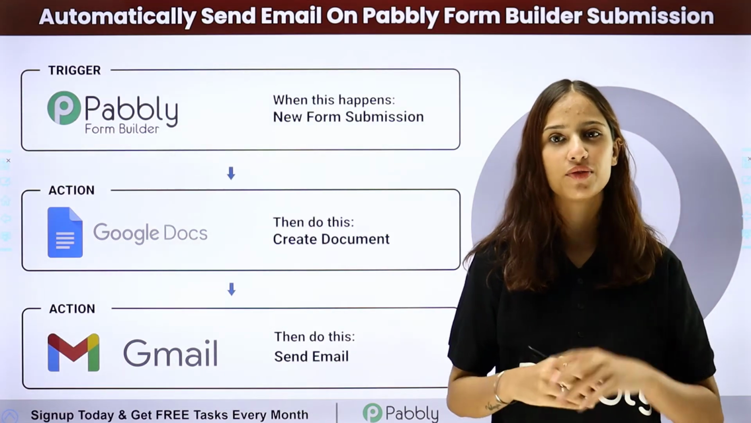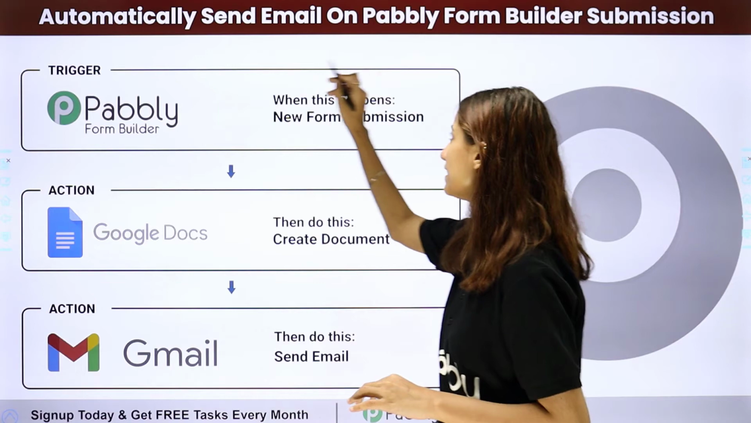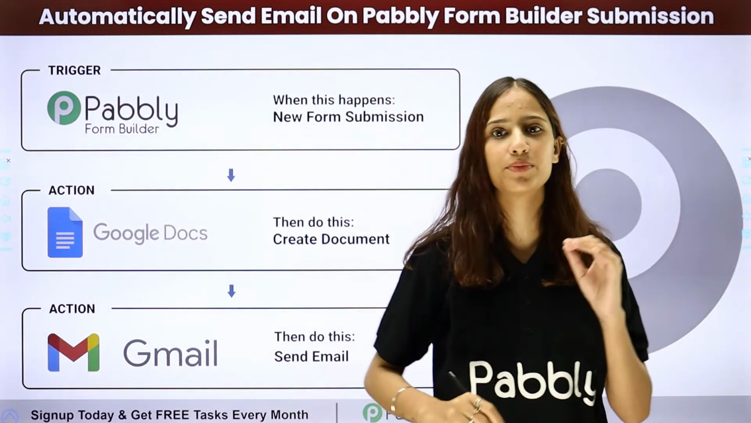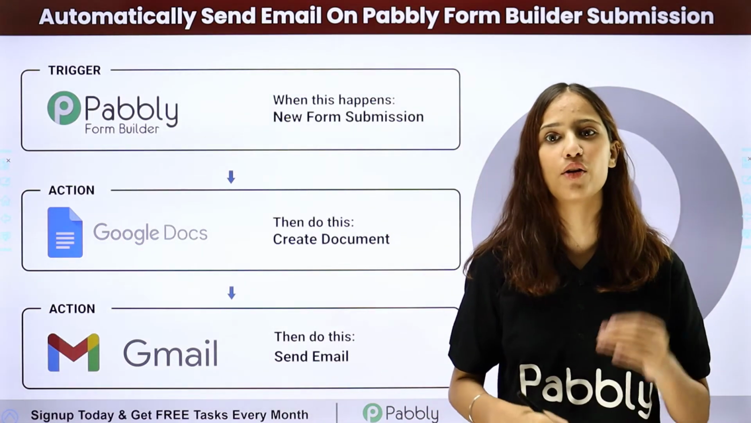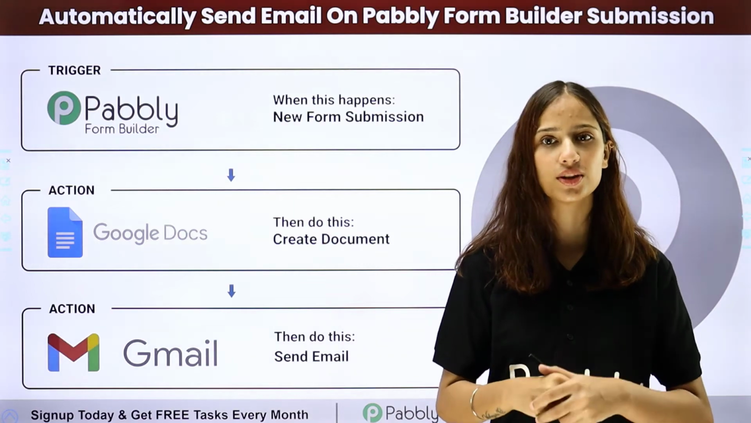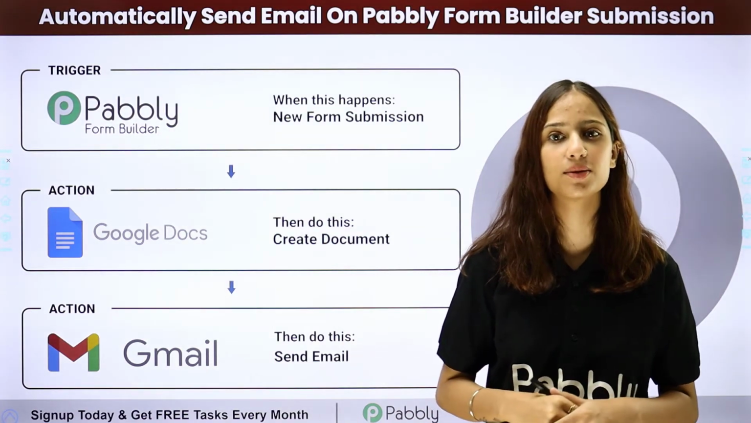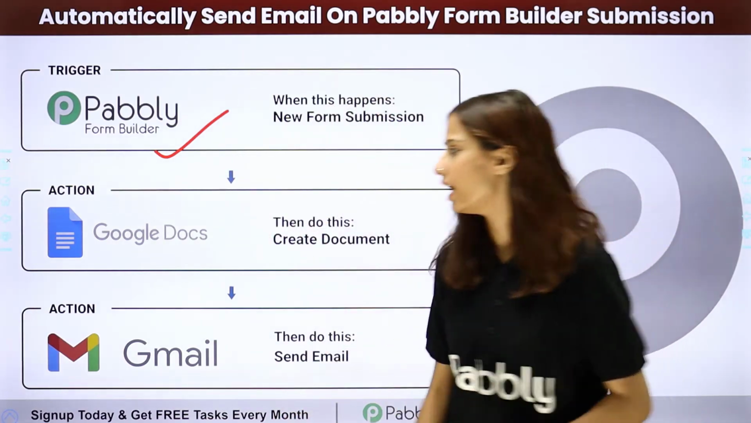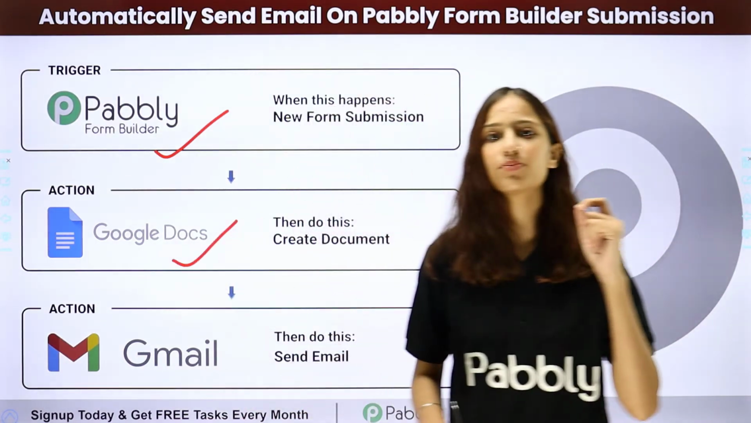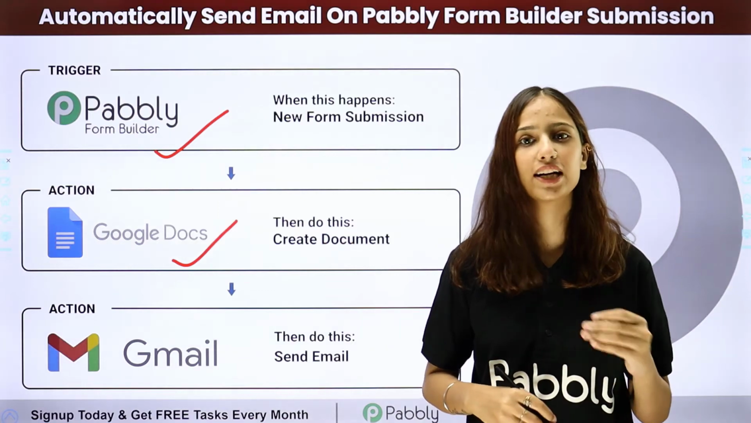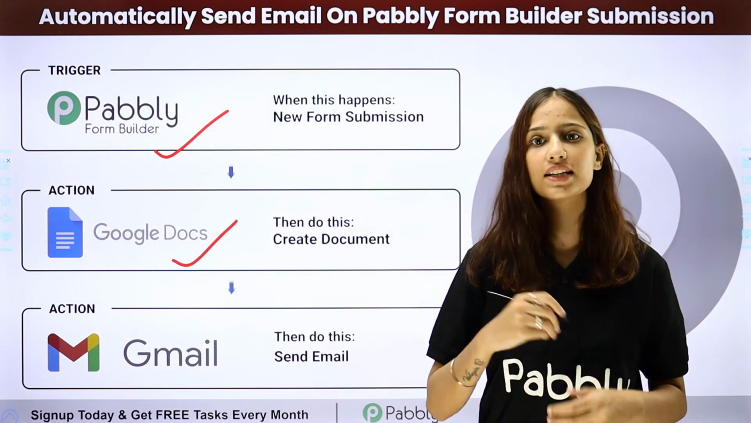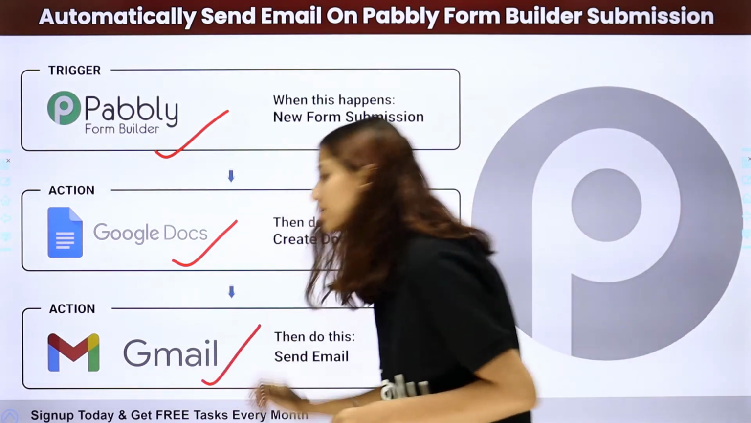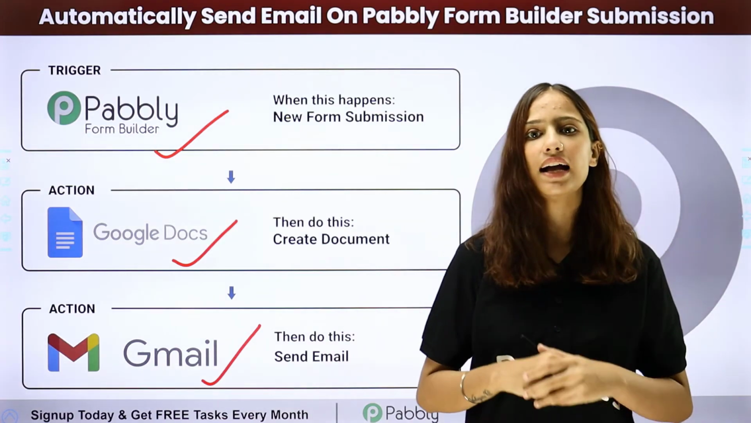So in today's video we will learn how to automatically send email on Pabbly Form Builder submissions. Let's say that I offer a computer course to school students, and whenever I receive a new submission in my Pabbly Form Builder, I want to create a Google document from the response that was received. After creating the document, I want to send an email to those students talking about the validation and the confirmation